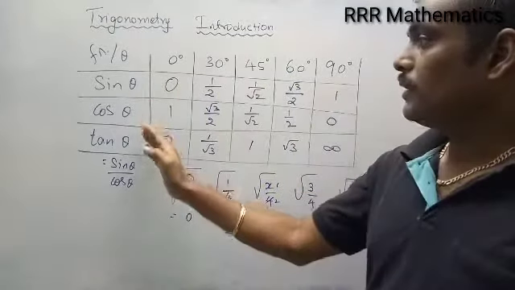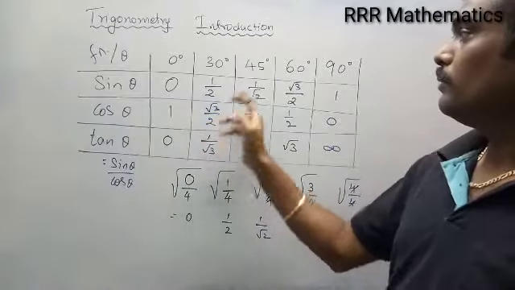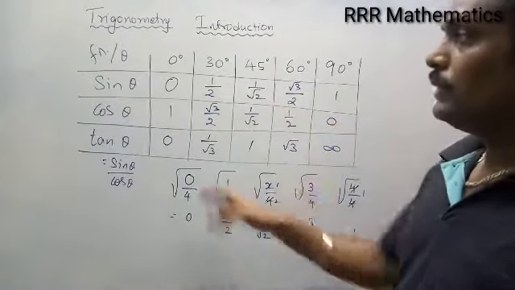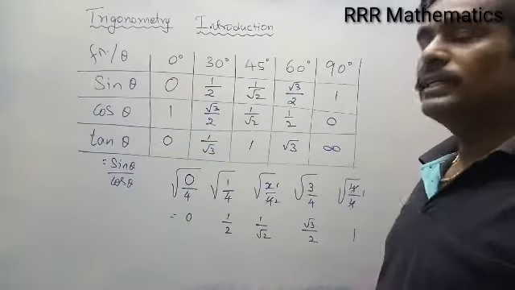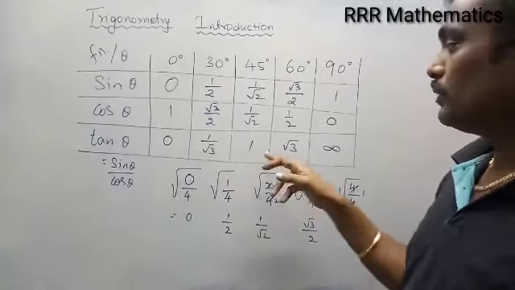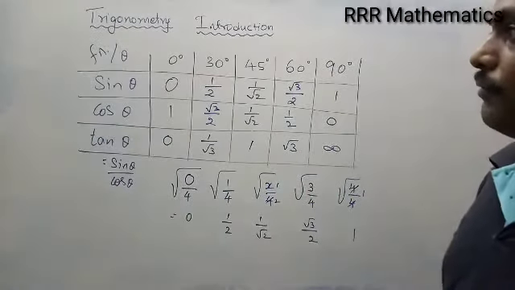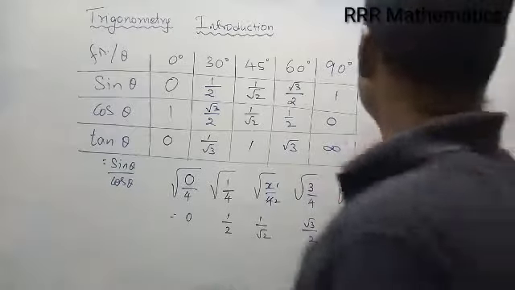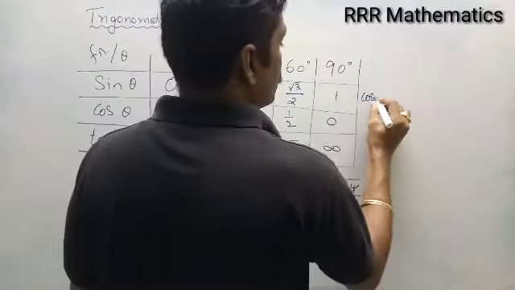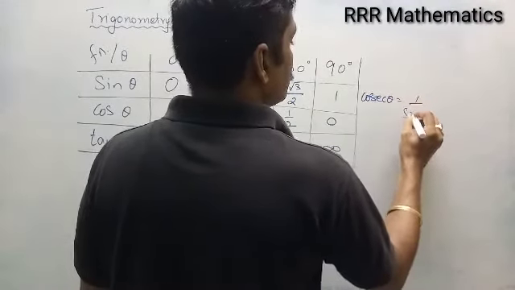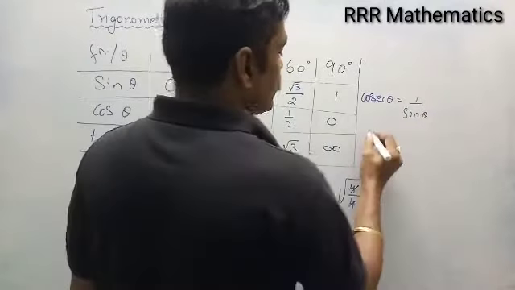When you write it in reverse order, it gives cosine: 1, root 3 by 2, 1 by root 2, 1 by 2, 0. When you divide sine by cos, it gives the tan theta values, that is 0, 1 by root 3, 1, root 3 and infinity. For finding cosecant theta, which is the reciprocal of sine theta,